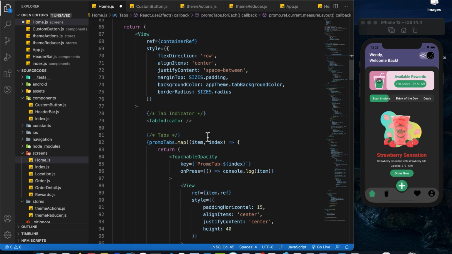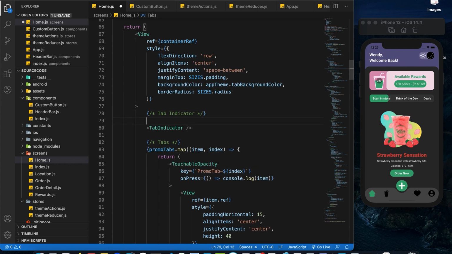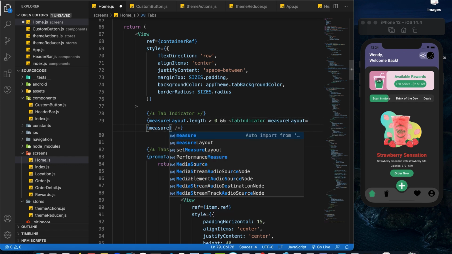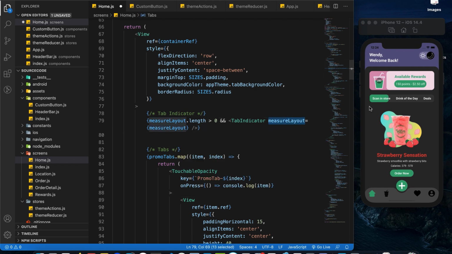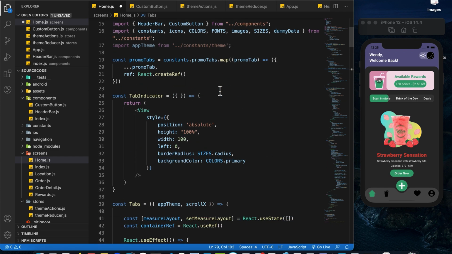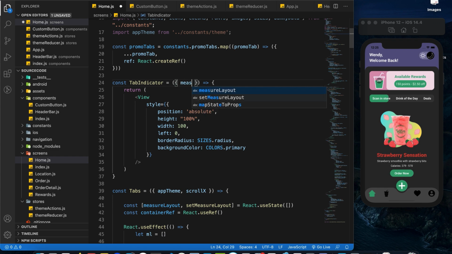Alright, and then in the tab indicator section, we can check if the measure layout is being populated, dot length more than 0, then we are going to render the tab indicator. For the tab indicator, we are going to pass in two props. One is the measure layout, which is basically the layout information of each of these tabs, and also we need to pass in the scroll X. And now for the tab indicator component, over here, we will include the measure layout and scroll X as